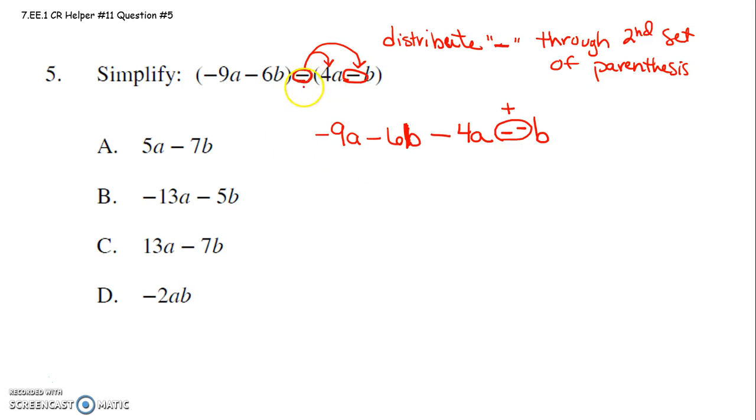When you distribute the negative, you have to change the sign of each within. So the 4a became minus 4a. The minus a negative b became plus b, changing this to a minus, changing this to a positive. All right, so now we have negative 9a minus 6b minus 4a minus a negative became plus